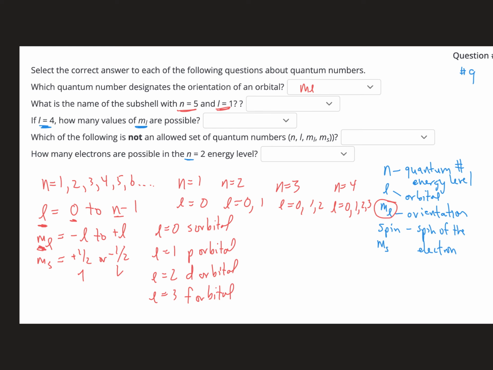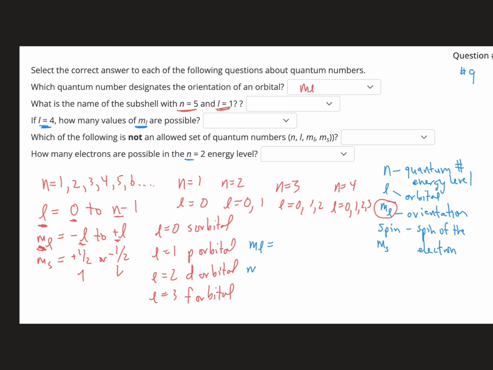ML gives us the orientation of that. ML can be negative L to positive L. So when L is 0, that's our s orbital. S orbital is a spherical orbital. There's no orientation. So ML, right, there's no other values of that. However,